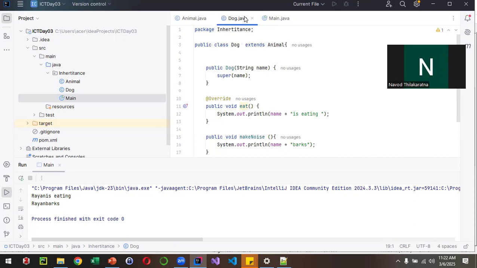Then in the dog class, you can see public class Dog extends Animal. Actually, at first there was only the class. I have told you that in order to represent inheritance, we need to use the keyword called extends. Extends Animal. Once you extend that, we can inherit the properties from the animal superclass, including the variables